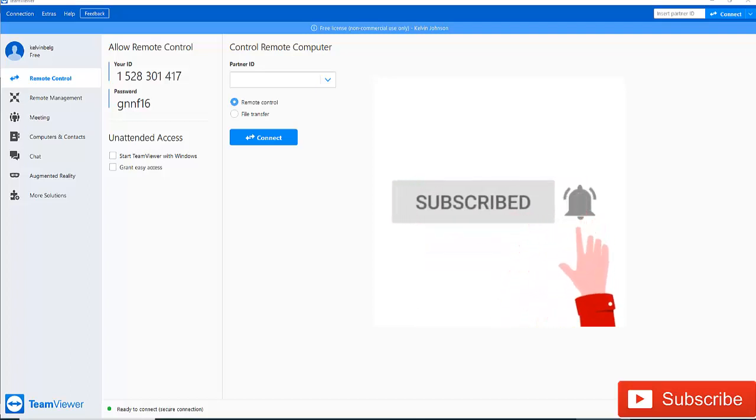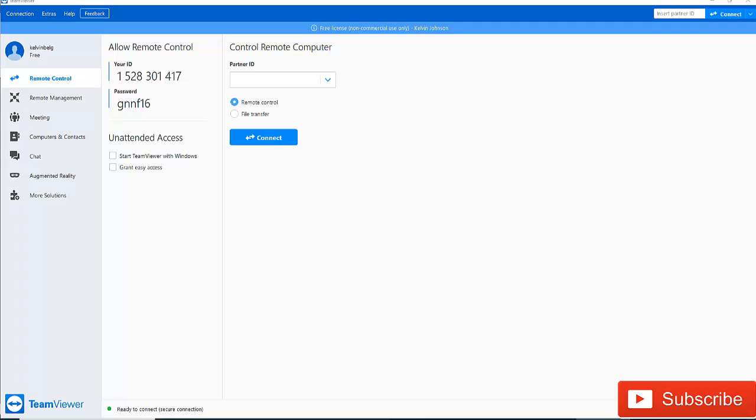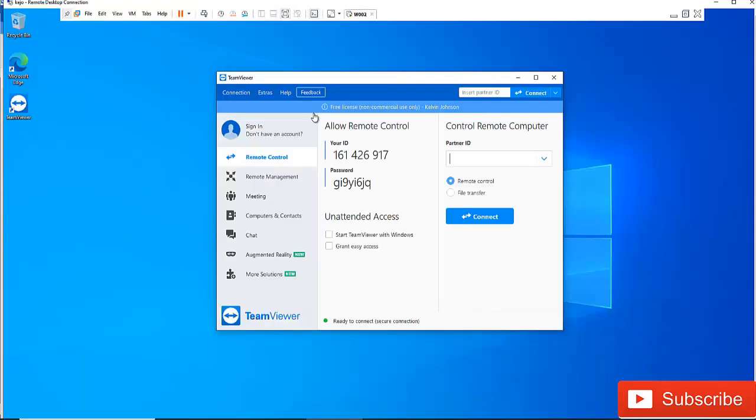This is the fourth tutorial video I'm doing on TeamViewer. In this video, we're going to be seeing a practical connection between two devices. So I'm going to actually connect to a remote device from my Windows private computer to a different remote computer to assist a user. What I did is I installed TeamViewer on this virtual